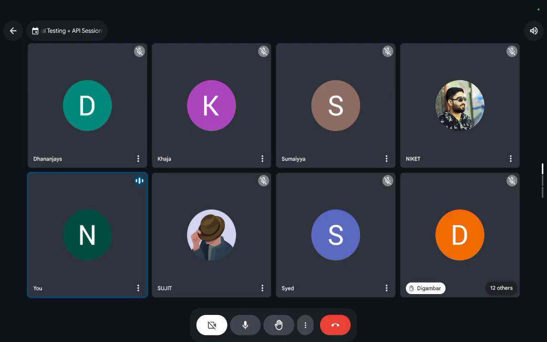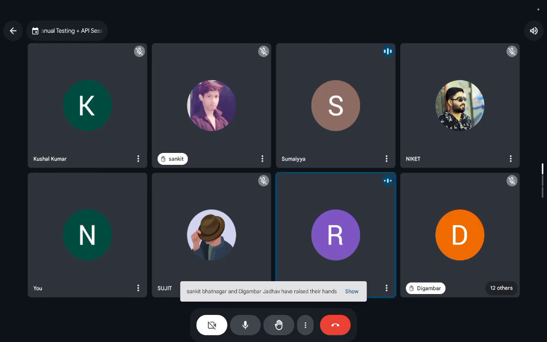A software is a set of instructions given for a particular task. It's a program. Cool. Anyone else? I want at least five answers. Sumaya: a collection of computer programs, tasks.